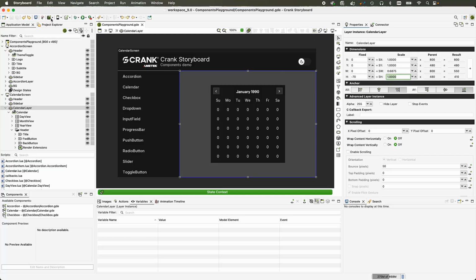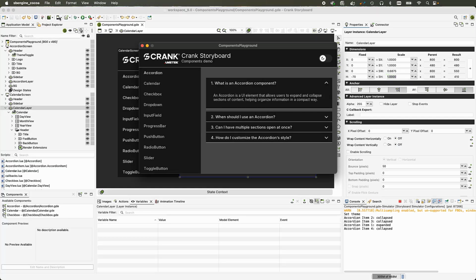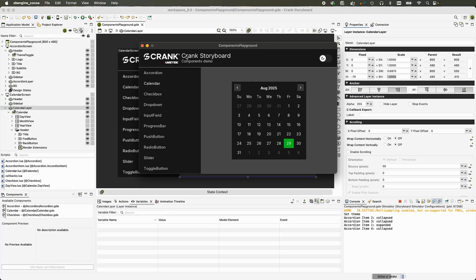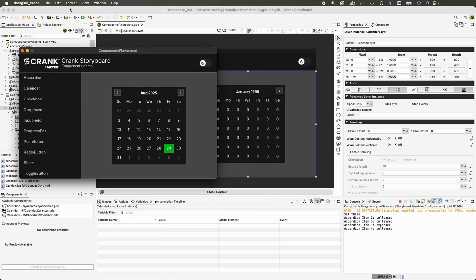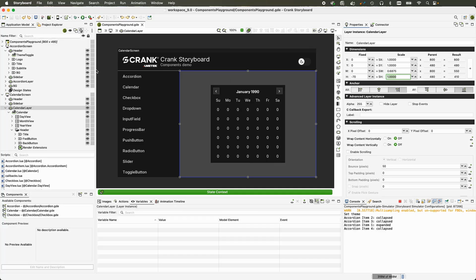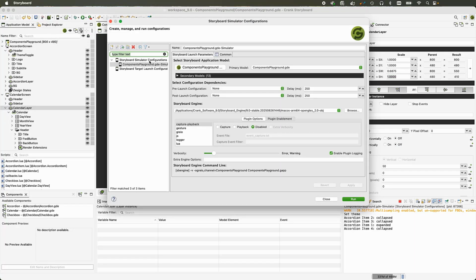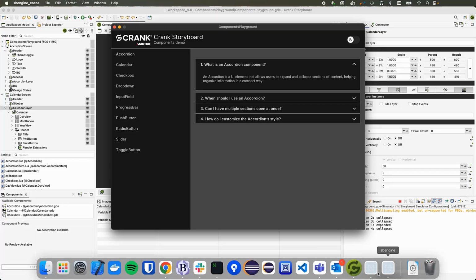And so, as I was saying, the benefit of this at runtime is if we just simulate our application, take a look at our calendar here. So this app is 800 by 480, but I can define another simulator configuration that will resize the app to a different size. And if we run this, we can see